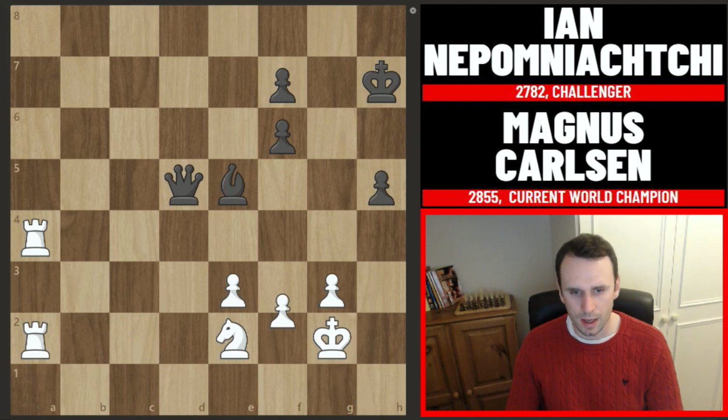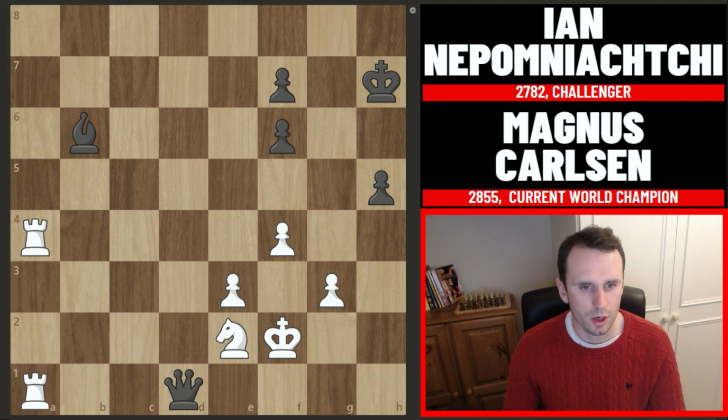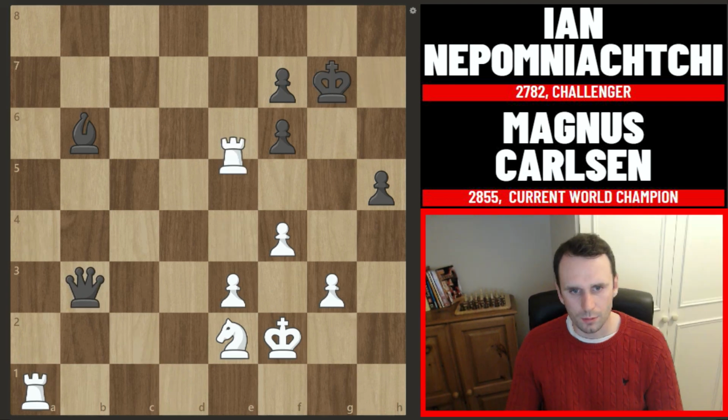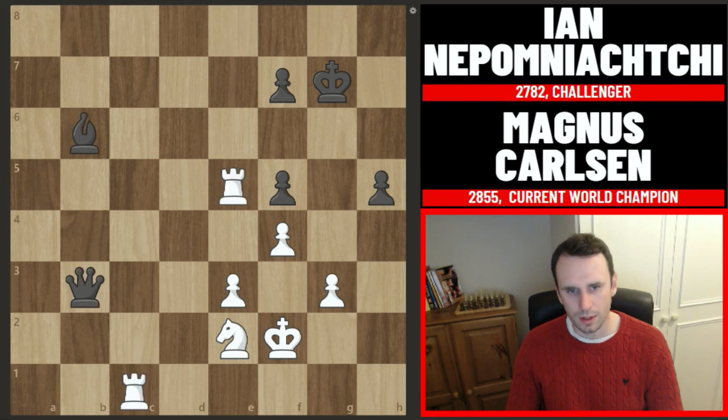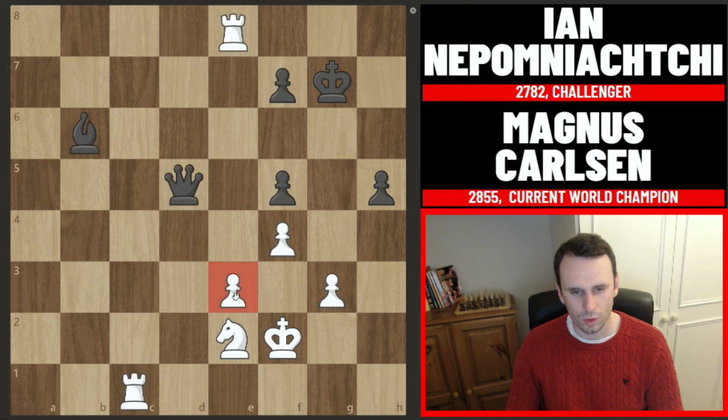He does play f3 here, which looks a bit weakening opening this rank, but we'll soon see that that pawn actually comes to f4, and it's not a problem for Magnus's king. So we had some more moves here. Magnus is just slowly improving his pieces here, improving the rooks, improving his knight, and there's very little that Jan can actually do. He's only got this one weakness to really play against, and it's not hard for Magnus to